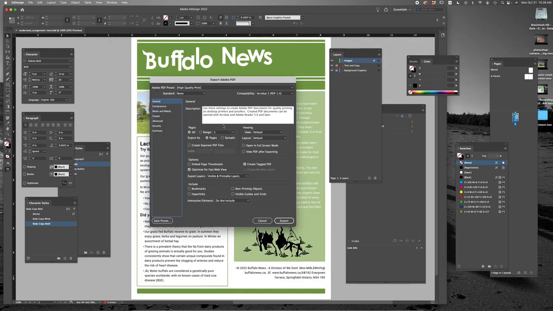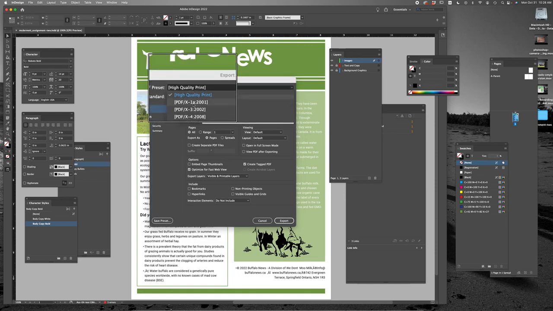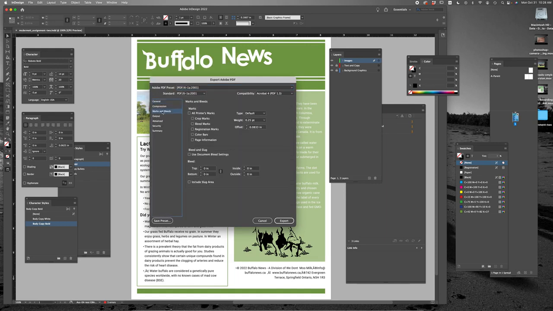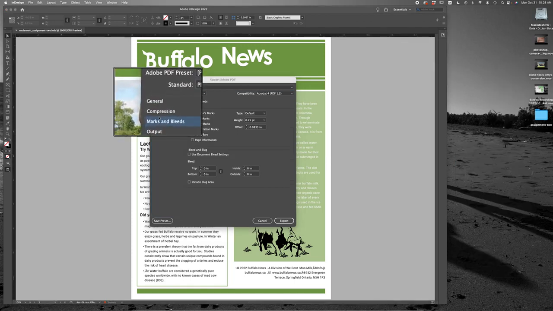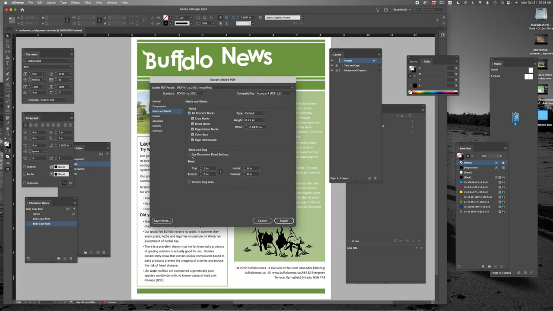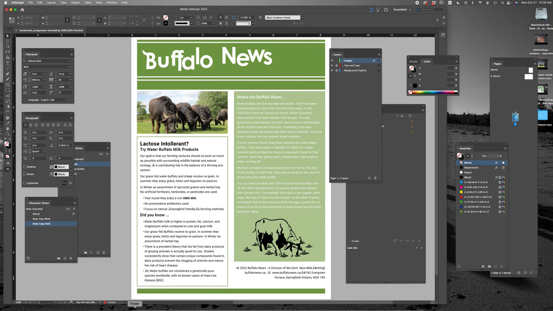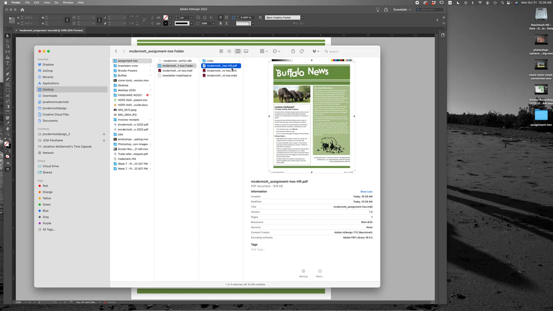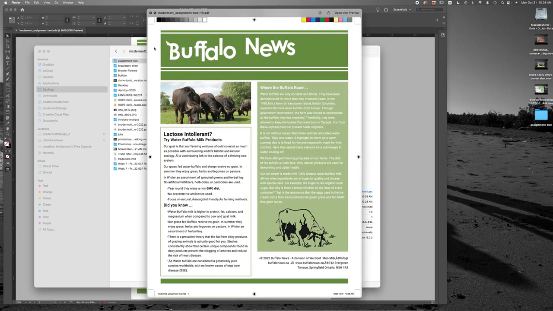Under the general settings, I can keep all this the same in my PDF selection. If you want, you can change it to PDF/X-1a:2001. That's a good standardized PDF format. And then what I want you to do is, under Marks and Bleeds, turn on all printer's marks and bleed. I'm going to hit export. What this will do is give me a high-res PDF. As you can see, it's got all the print marks, crop marks, and everything that a printer might need